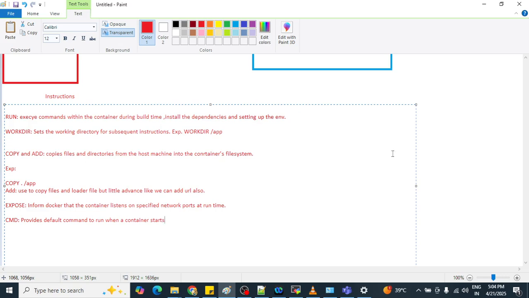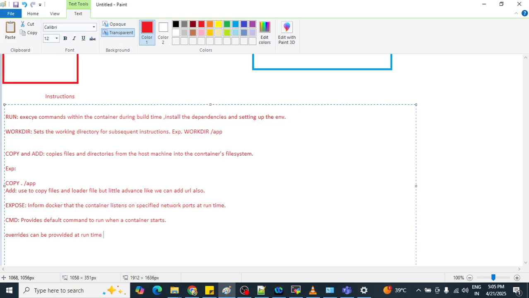Once the container starts, if you have given any command inside your CMD statement, that particular command will get started. Okay, and it can be overwritten at runtime.